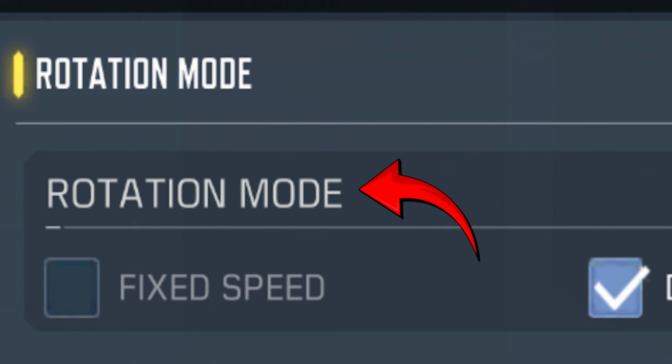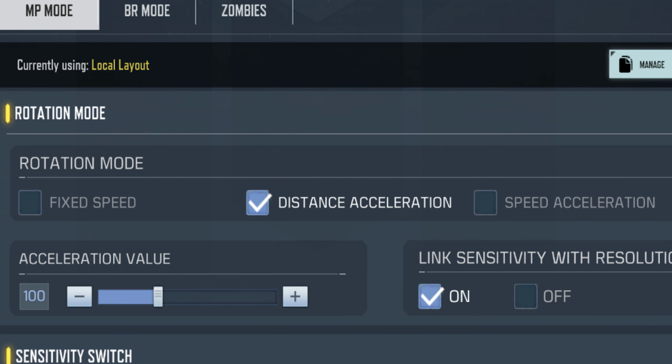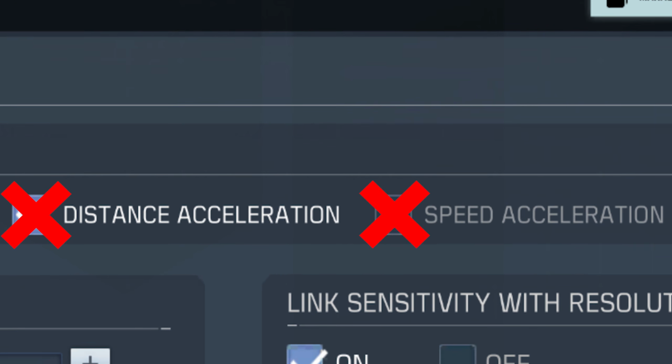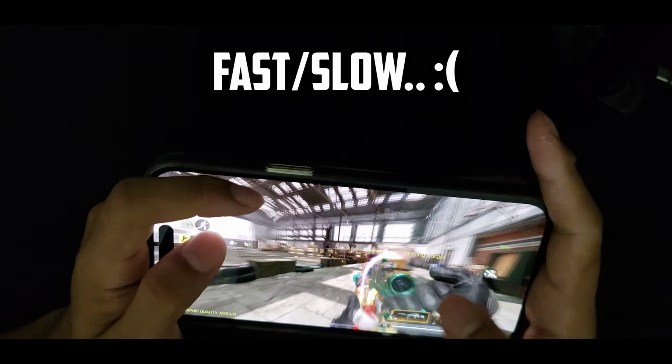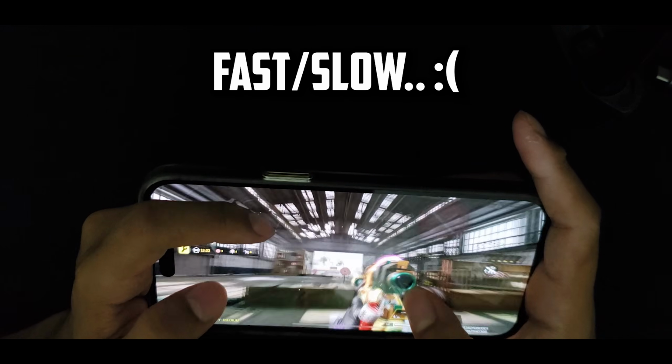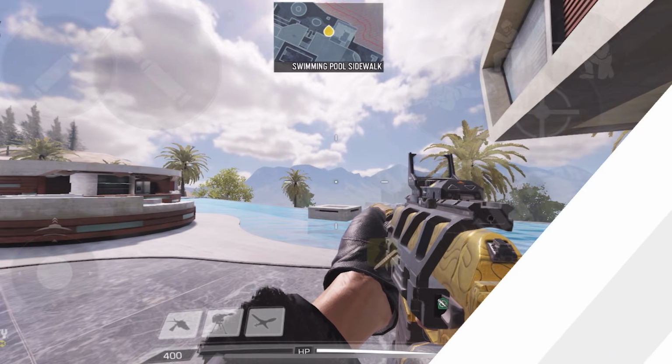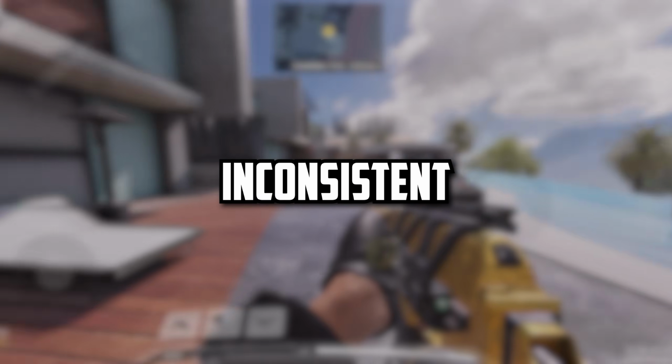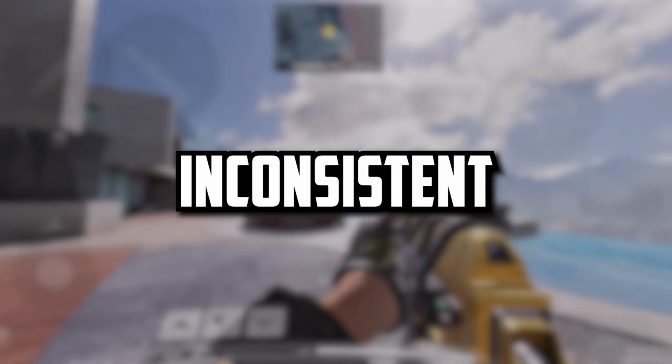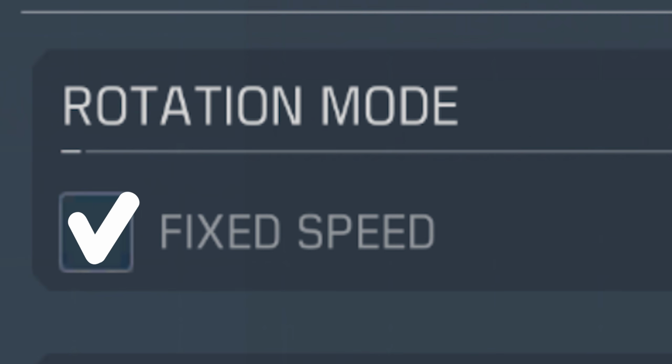Now one of these settings is called the rotation mode, and you have 3 options to choose from, and you need to make sure that you're not using distance or speed acceleration, because when you have either one of these settings turned on, your sensitivity is going to depend on how fast or slow you're swiping your screen, and that is obviously a bad thing because it makes your sensitivity very inconsistent and you're going to have a hard time getting used to it. That's why you need to use fixed speed for your rotation mode